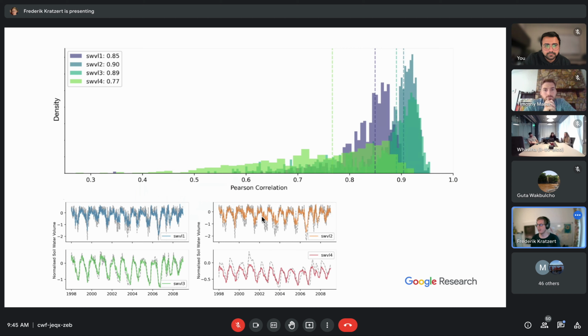But in general, you can extract soil moisture, and that's also true for snow. I don't have the plot here, but it's just a linear regression from the cell states. The only problem is you need some soil moisture or some snow information to be able to train this linear regression.